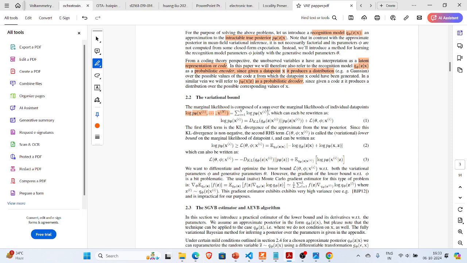Marginal posterior. Okay, posterior is x given z. Now this probability, log of p theta xi, can be written as a KL divergence plus this. This is called the lower bound of the